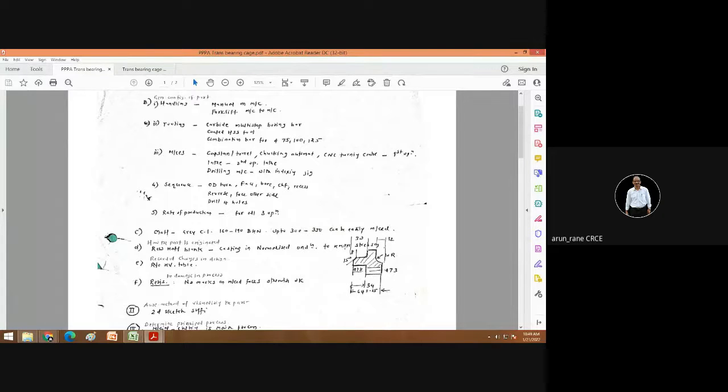Then above Rockwell is the Vickers hardness number. If the components are still harder, then you can go for Vickers hardness. And then finally you have the king or father of all, that is diamond. Diamond is the hardest material.